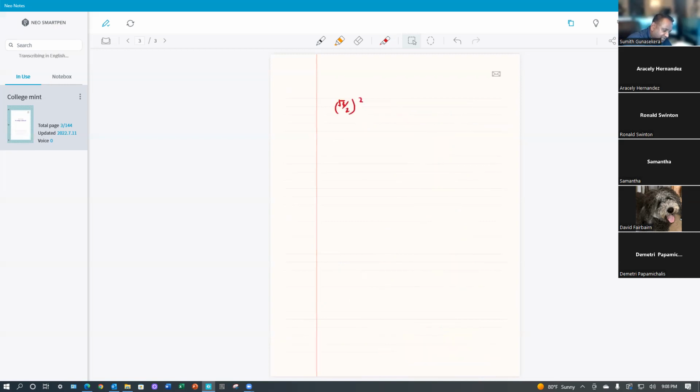2 squared. Variance of this one is 1. And again, negative √3 over 2, plus 2 times √3 over 2 times negative √3 over 2 times covariance, which is negative 0.5. So when you simplify this one, you get 3 over 4